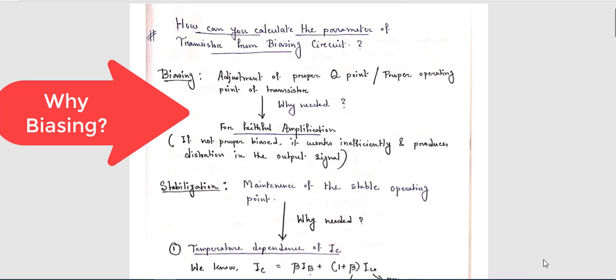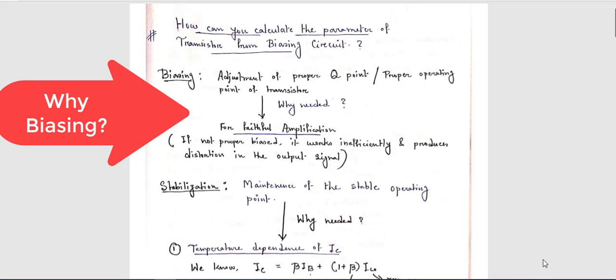Today again another topic, that is transistor related to biasing and stability factor. Already I have shared the lectures of biasing of a transistor and stability factor of transistor. I think all of you have gone through this. If not, again I am saying, I will give a brief idea about biasing and stability factor. After that I will solve a numerical problem related to this, so that you can clear your idea about biasing and stability factor.